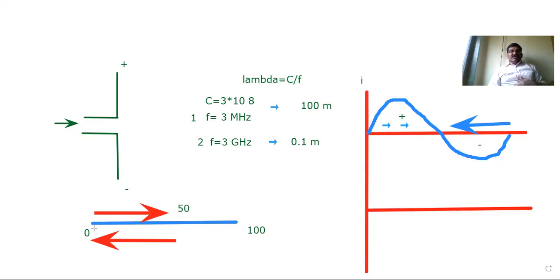So in the distance of this 50 meter, you will have the positive waveform, where the intensity graph goes 0, increase, maximum, then 0, then decrease, then 0, and the negative waveform. So the waveform goes forward till 50 meter and comes back. This is what happened in example 1.